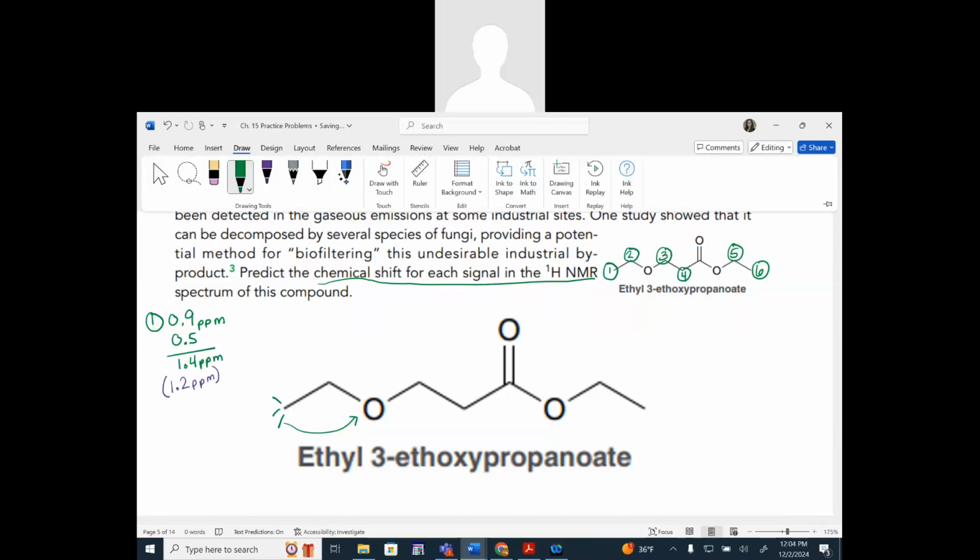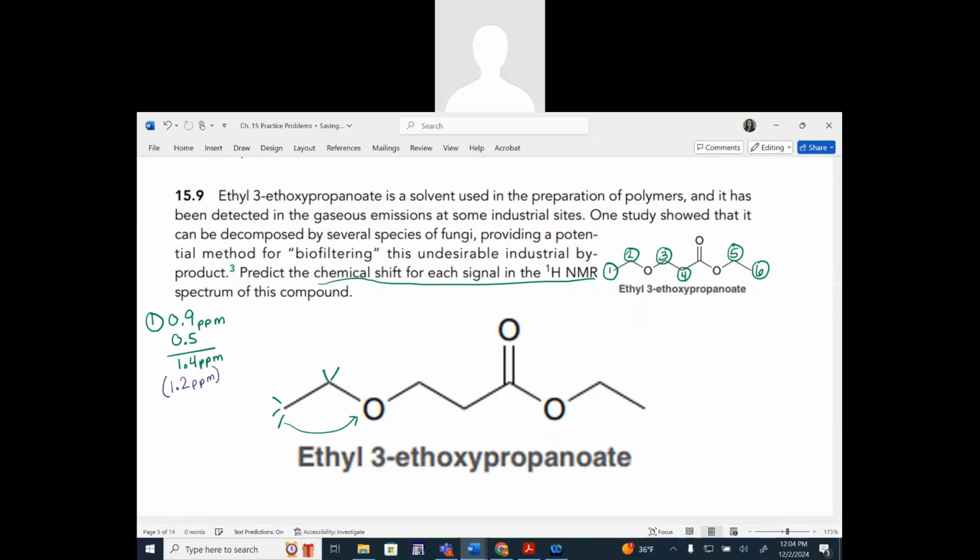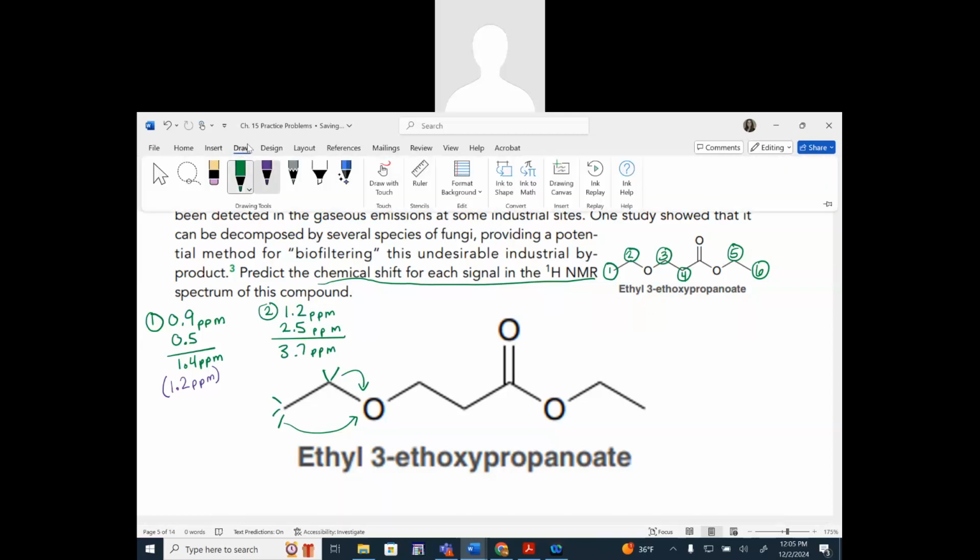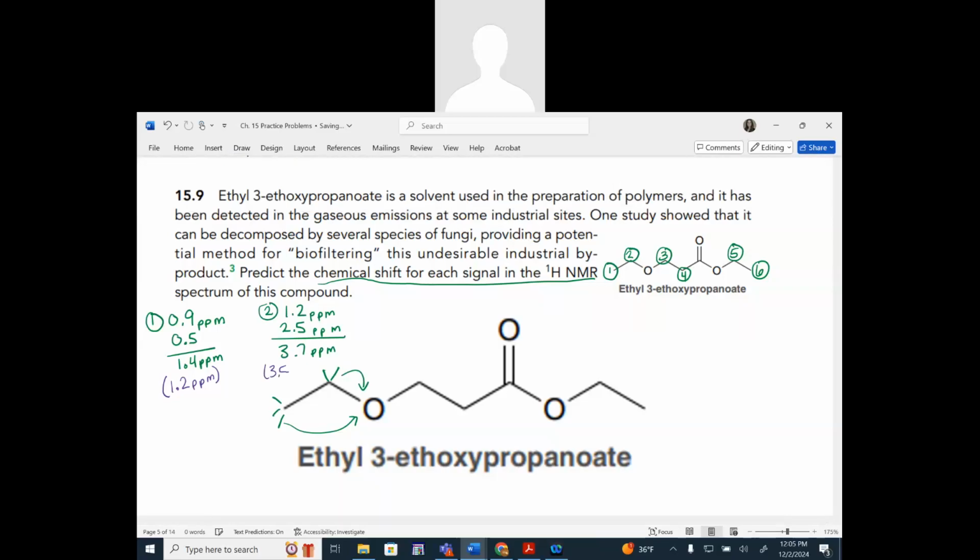All right, let's take a look at these 2 methylene protons here. We start these in our second group at 1.2 ppm. We see that these 2 protons are alpha to that oxygen, so we're going to add 2.5, and we expect a signal around 3.7, and our actual signal, we're told, is around 3.5. Again, these are predictions, so we can come close to our expected values. When you're looking at a spectrum, you can actually predict and then match up these signals to the expected